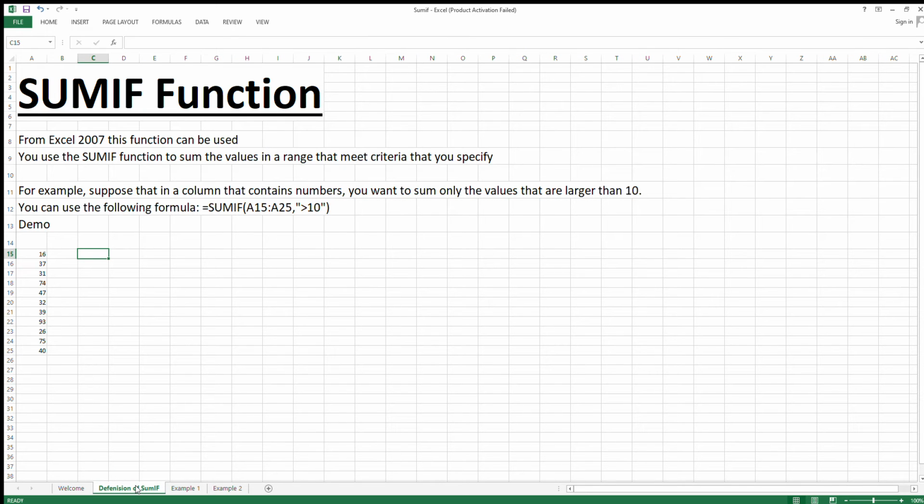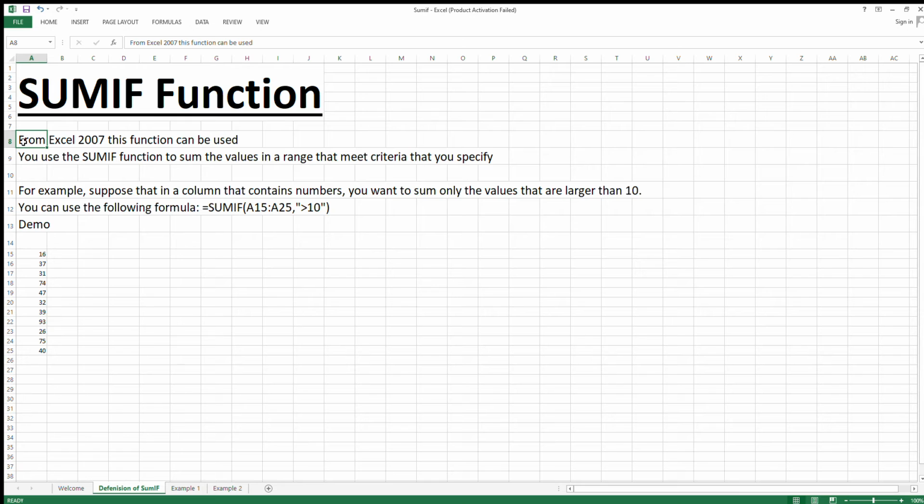So SUM actually adds all the numbers, right? But if there is a condition where we want to add only some numbers which meet a condition, at that time we can use SUMIF, which is available from Excel 2007 onwards.